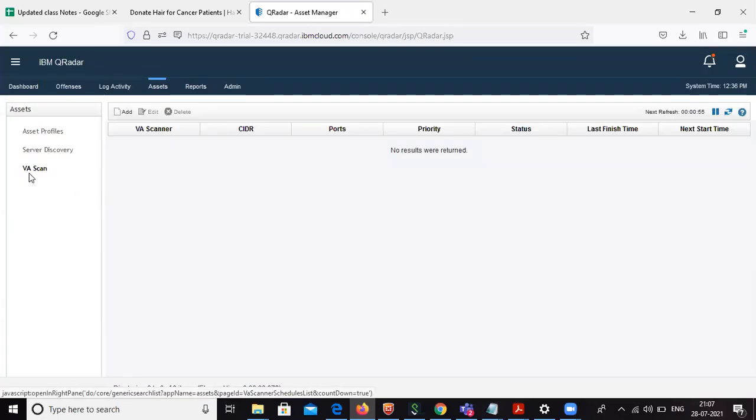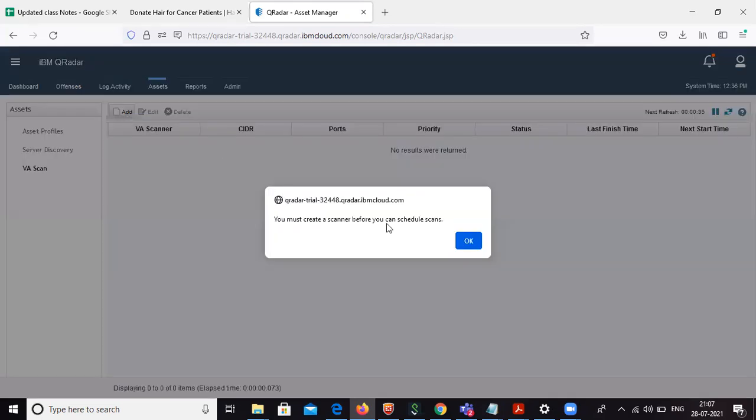Vulnerability assessment scan. VA means vulnerability assessment scan. So that is what is meant by VA. VA means multiple scans, putting the scan and scheduling the scan. So what it is saying is, when I'm adding the scanner, if you want to schedule the scan, we have